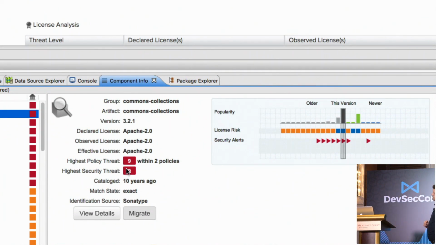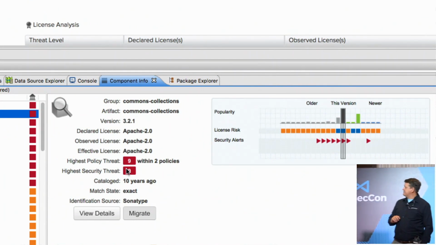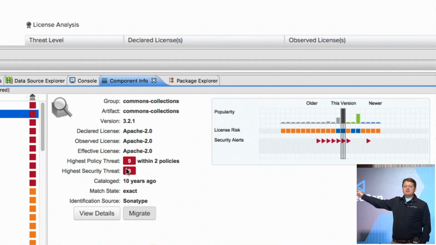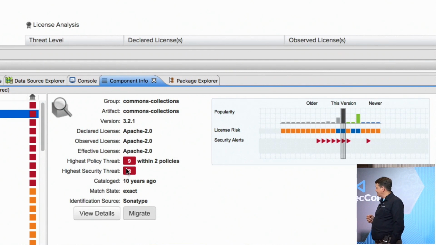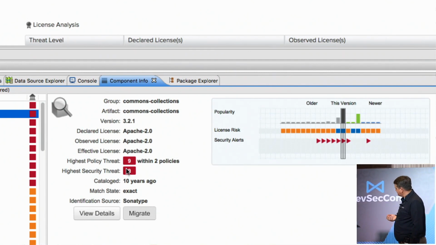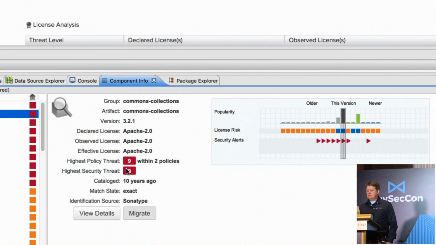I've been traveling around the world, Germany, US, lots of different organizations that I've worked with to actually identify vulnerabilities. This library is in every single organization that I've ever worked with that did anything with Java. It's a very popular library. It's quite a base unit in Java. And it's 10 years old, this particular version.